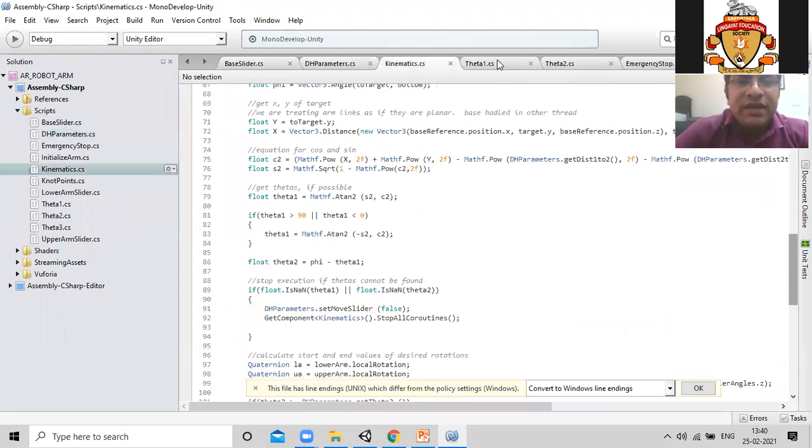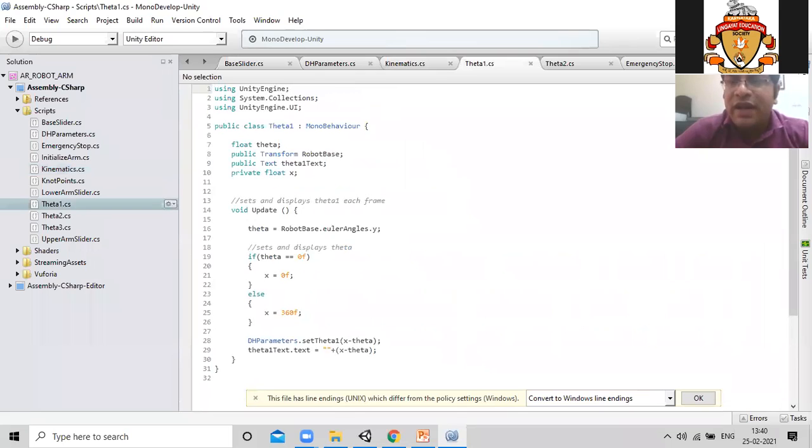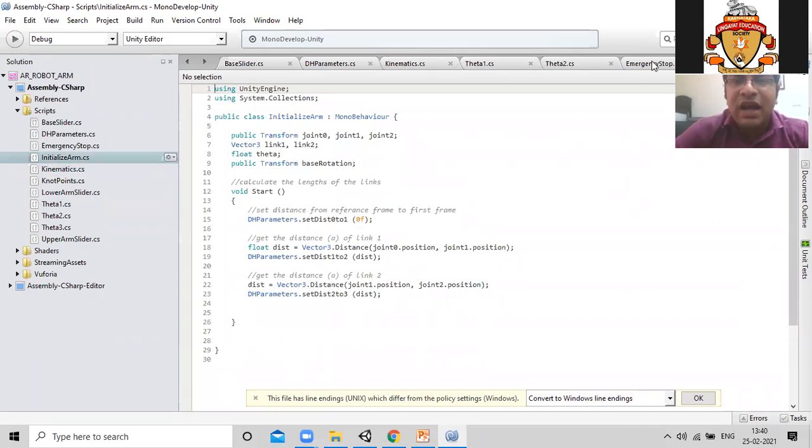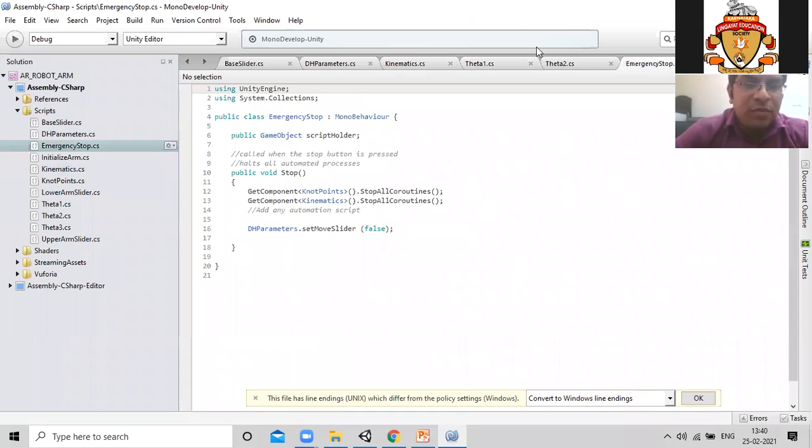Then individual theta1 variation: when we move the theta1 slider, theta1 will be moved in that way, then theta2, then the initialize arm script and emergency stop. By using these particular scripts, we can create this application and develop the particular AR object. Okay.